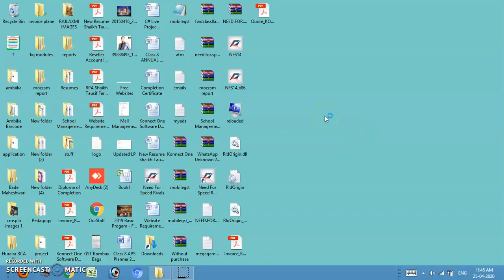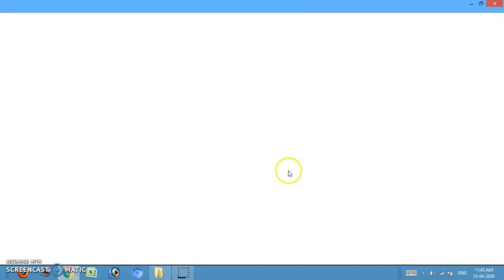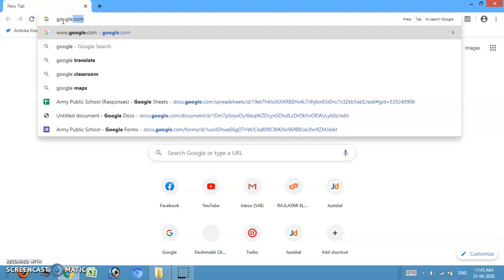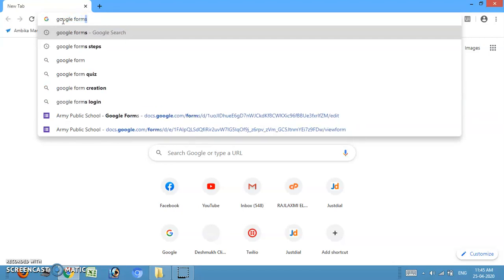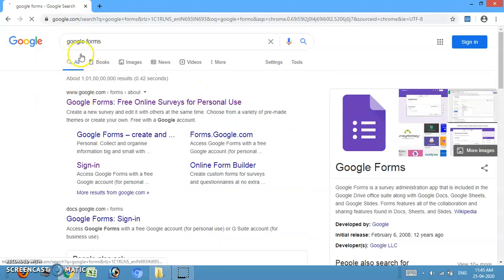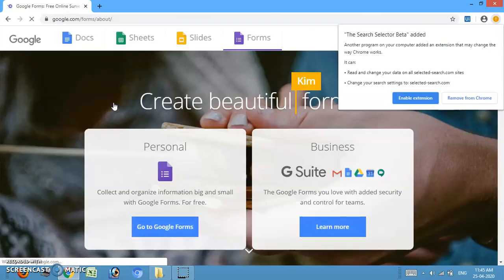When you start your browser, here you have to type Google Forms. Okay. When you start your Google Forms, click on this link again. Google Forms free online survey for personal use.